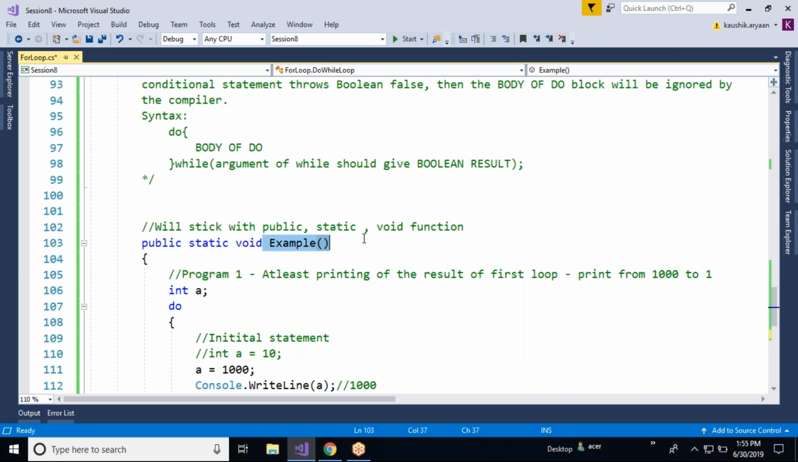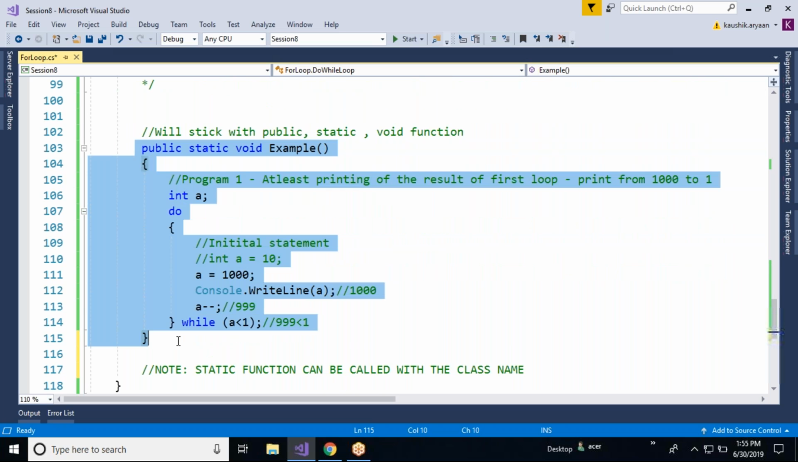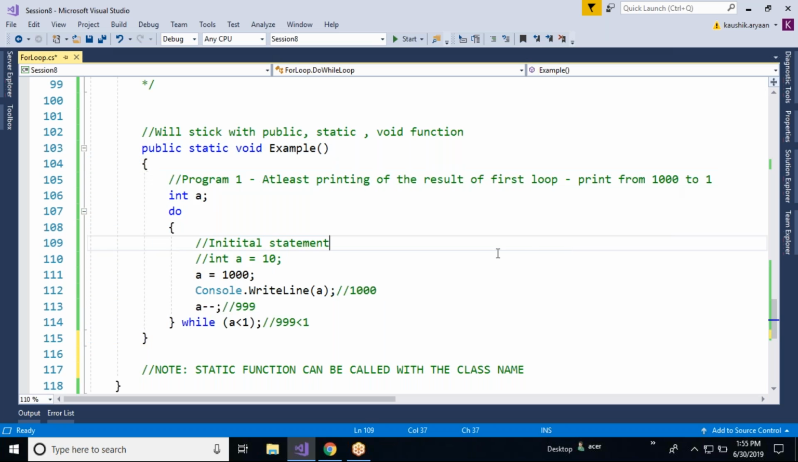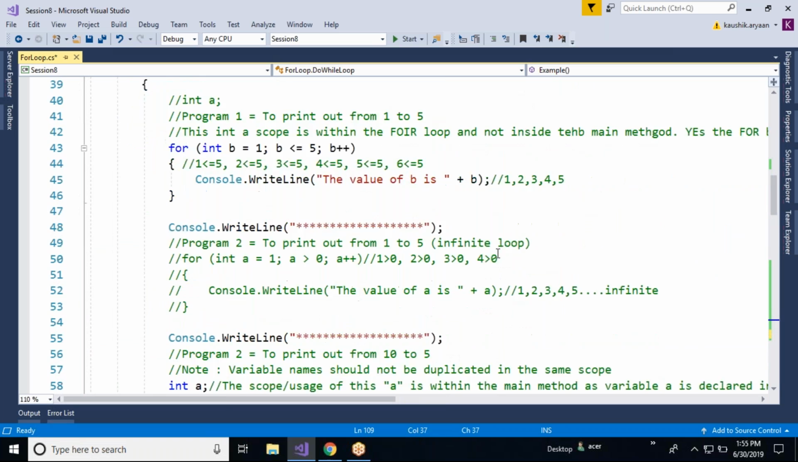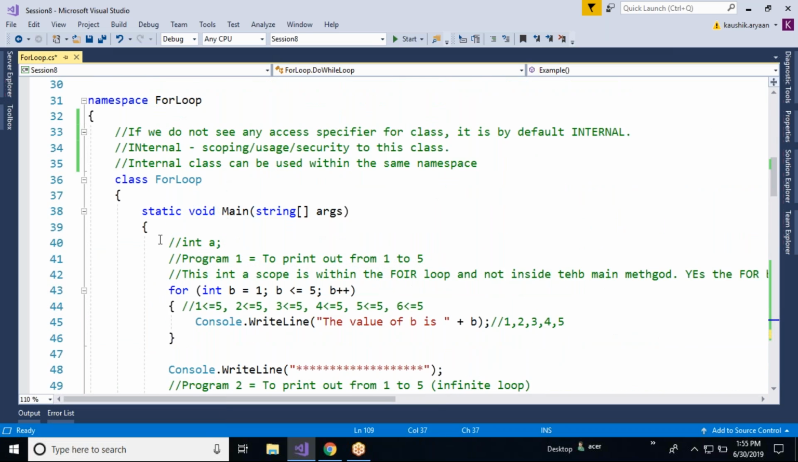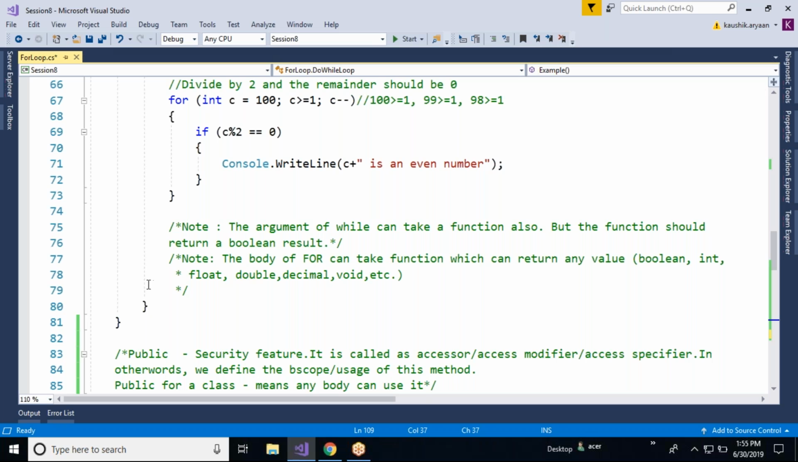I have to call this function inside the main method. Then only what will happen? The body of this example method will be compiled and we will get the result of it. So let's do that. How do you call it? So calling, I will write down here. This is the main method, and this is where the main method is ending. You can see this. So here I will write